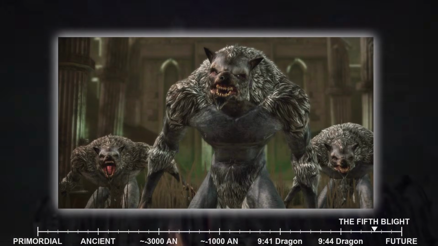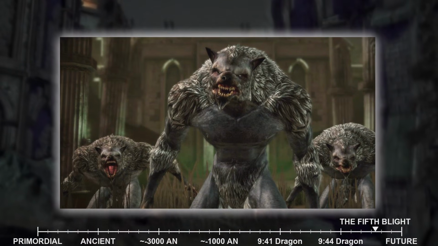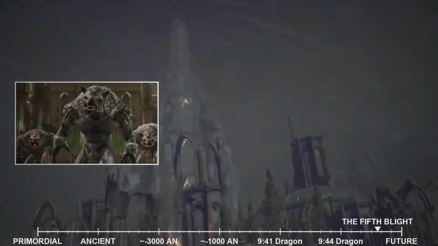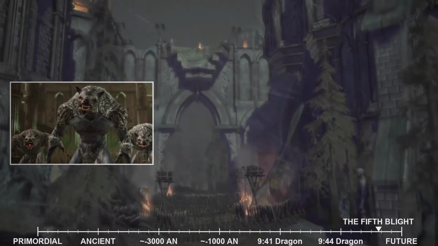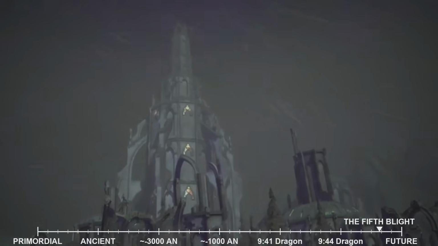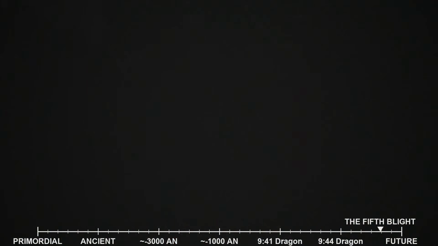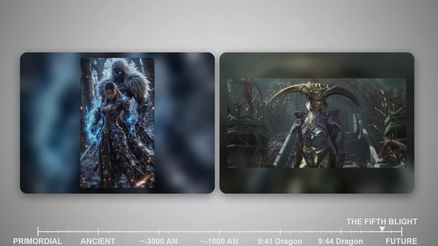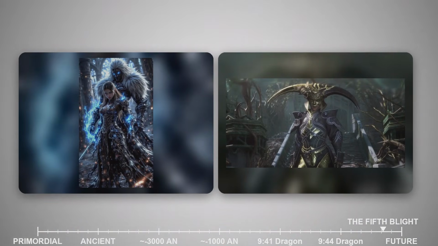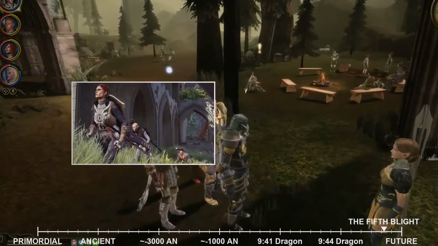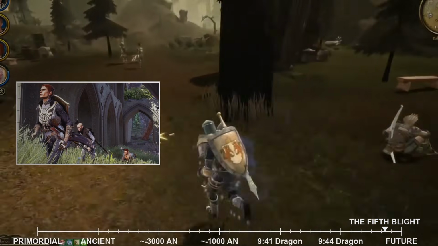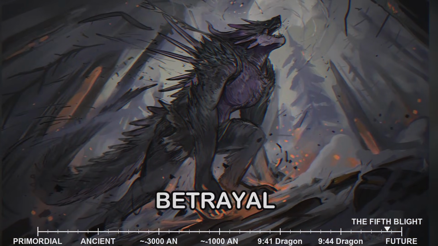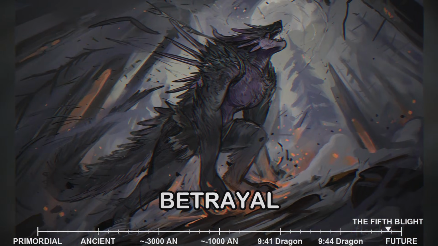For generations, the Dalish had been locked in a bitter struggle with a pack of werewolves, monstrous creatures of both legend and terrifying reality. The Dalish believed these werewolves were a curse, a blight upon their sacred lands, and countless skirmishes had left both sides decimated. The Warden, through careful investigation and diplomacy, began to unravel the true nature of this age-old animosity. They discovered the tragic tale of a powerful elven mage, Lady Cyril, and her lover, the human chieftain Athras, whose ill-fated romance and a desperate, misguided attempt to cure a lycanthropic curse had led to the creation of the werewolf pack. It was a story of betrayal, misunderstanding, and a magical curse that had spiraled out of control.